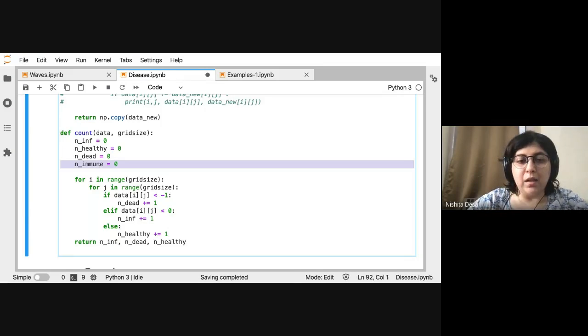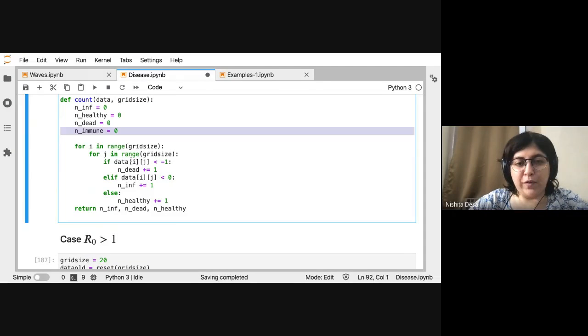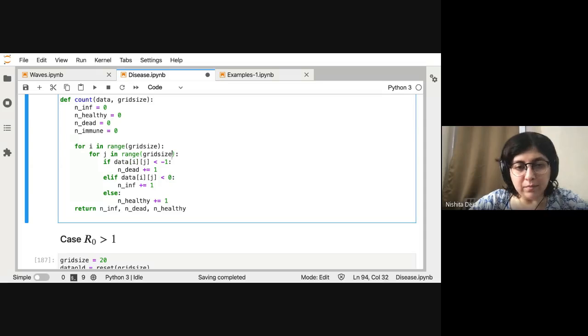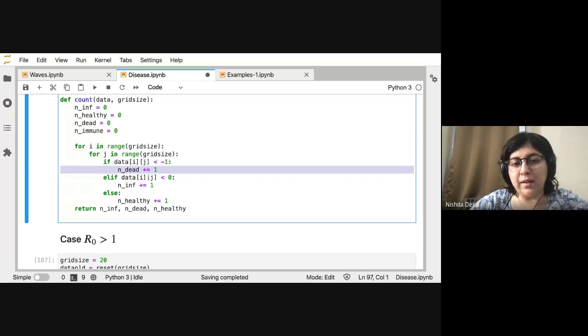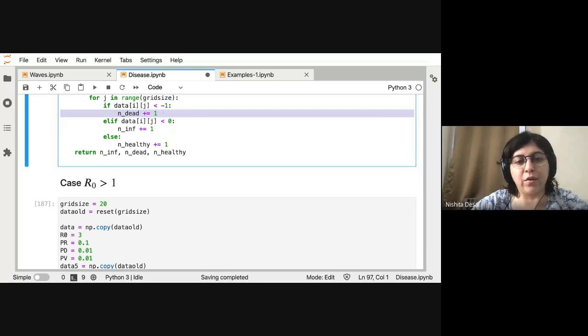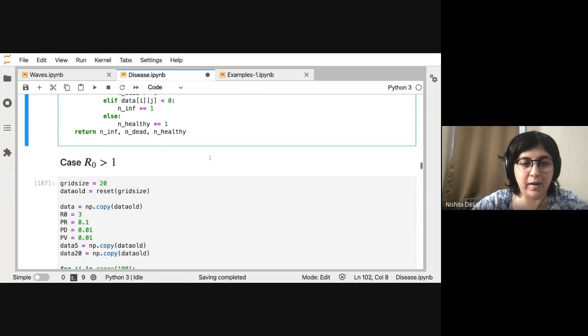The way you count that is, if the data is less than -2, then you count dead. Else if data is less than 0, you count infected, else everybody else is healthy. I haven't counted immune separately. Everybody else is healthy right now. So you can add the immune case separately later on.